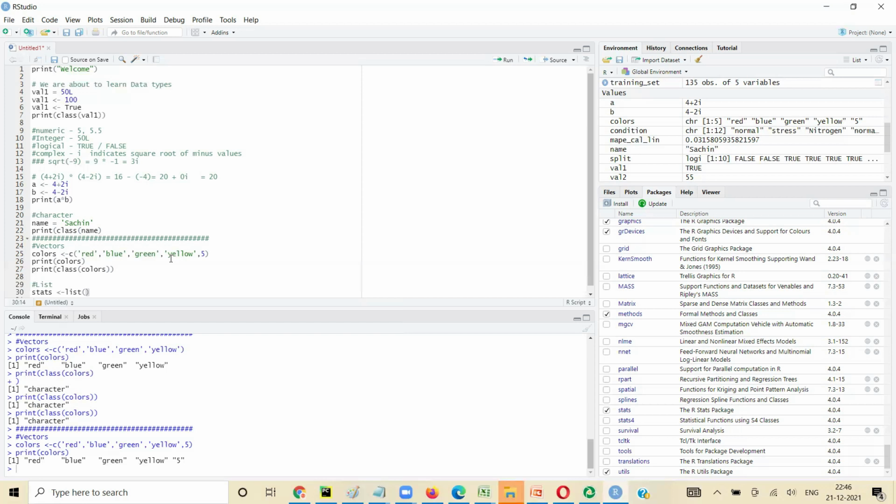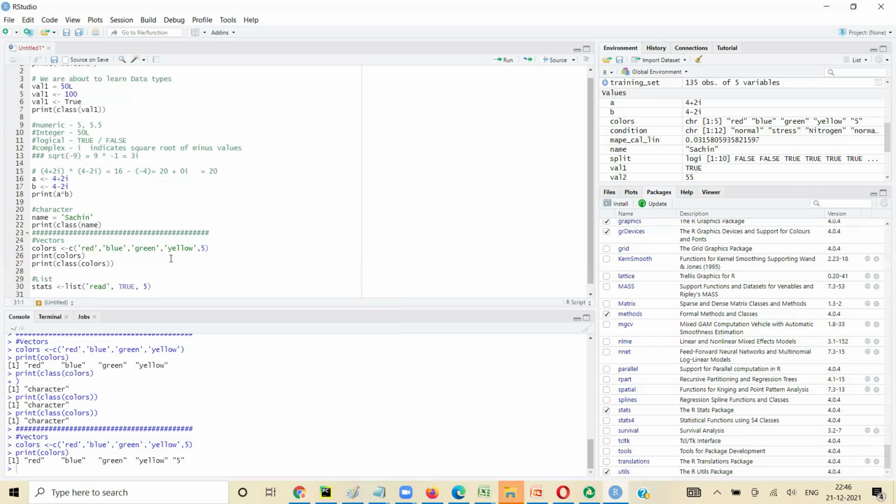Okay, so say list. Now list can have your colors. It can have a logical. It can have a numeric. Okay, so now when you print, say stats,